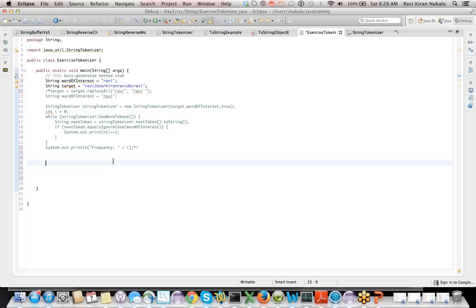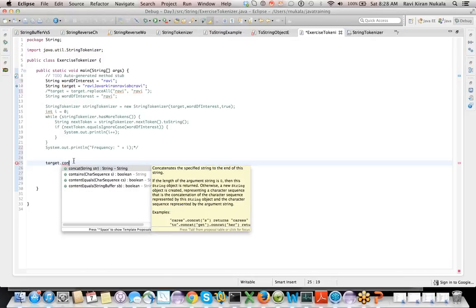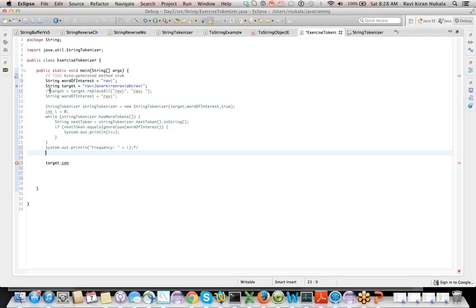So what we do here is target dot, there is a thing called contains. But contains can only give either true or false for you, right? So the same thing, we can do it this way.